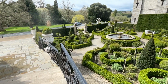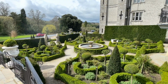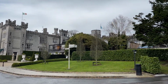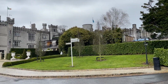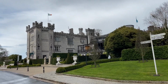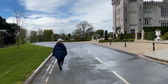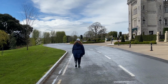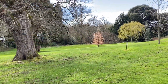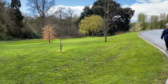Beautiful little garden area. Alright, outdoorsmen, this is the Cabra Castle. And we're heading out for a little nature walk. There's my best friend. And we are out for a walk to see what we can come up with here around the Cabra Castle